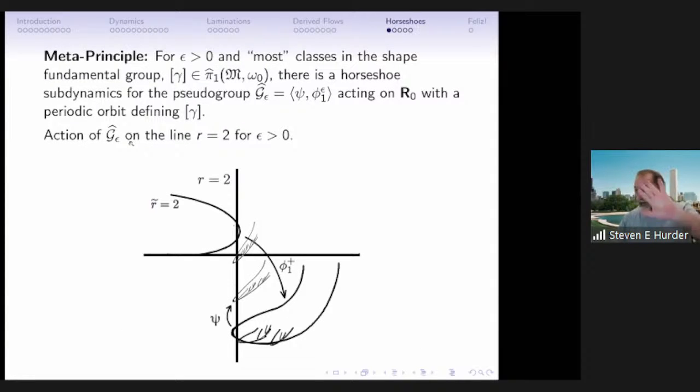Now, this picture is not, these are all hard to draw, so it's not accurate 100% because you over-insert, but then this climbing picture is flipped and keeps reinserting itself. And now I point out you can do this for any element in this profinite group associated to the shape of the minimal set, the lamination. But this is what you're after. You're after a picture that looks like a horseshoe.